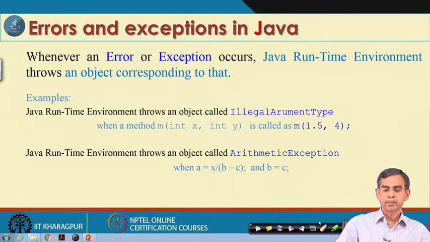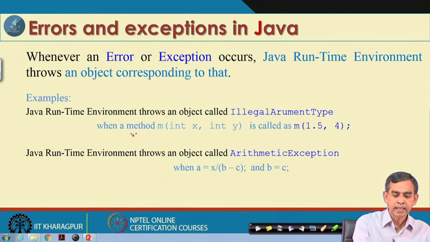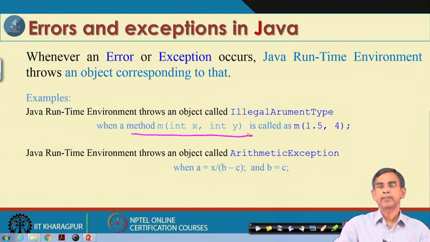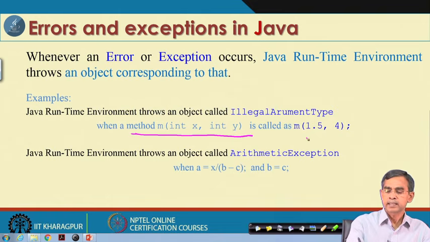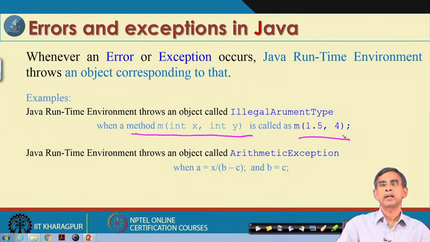Now, here is an example. Suppose here is a method, we have declared integer x and y, and in some program by mistake the user calls this with 1.5. Compilation error will not be reported here, but at the time of execution whenever the input is 1.5 it will throw an exception, so that this method cannot be invoked and is bypassed.